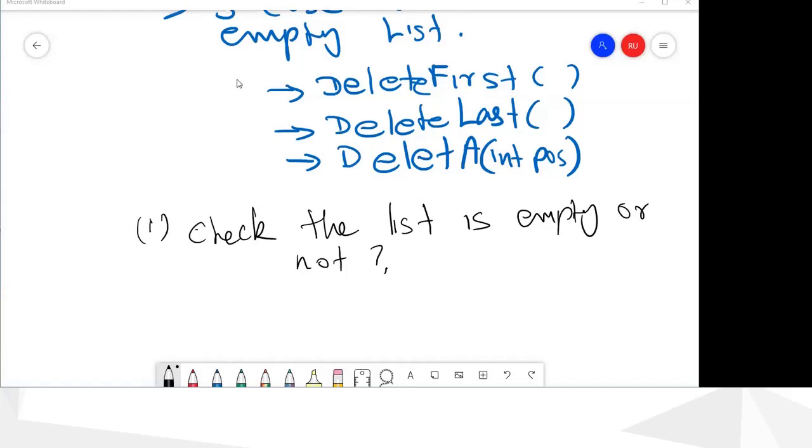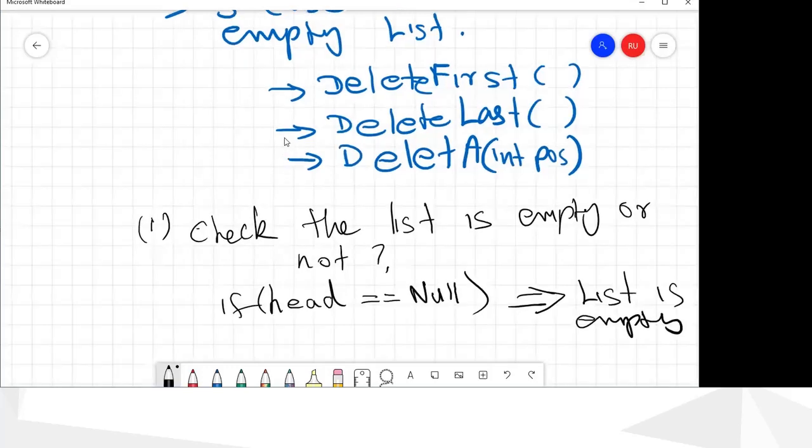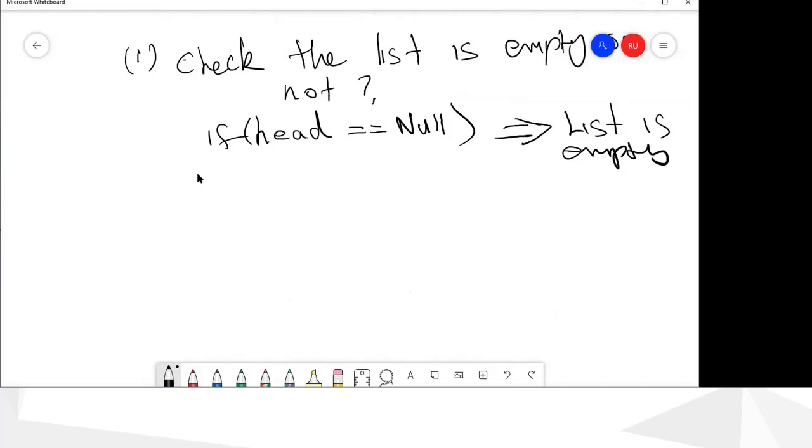We can check that by checking whether the head node equals null. This means the list is empty. If this is the case, we cannot delete, so we have to exit from the function. And in each of these methods we have to do this.